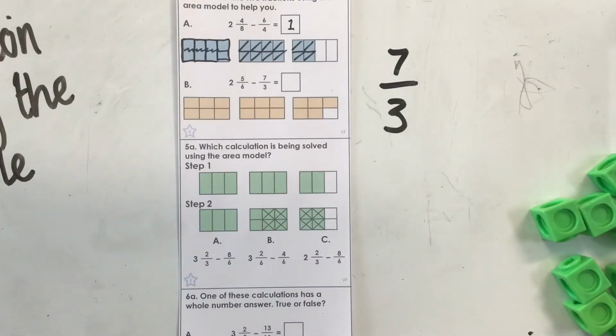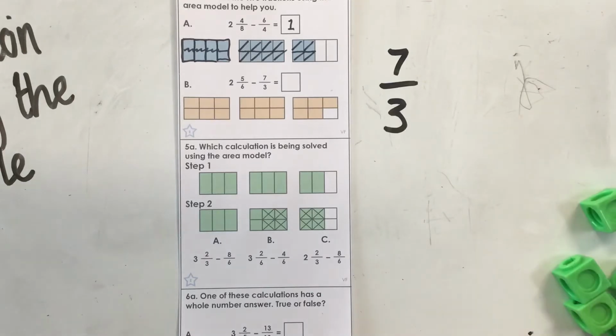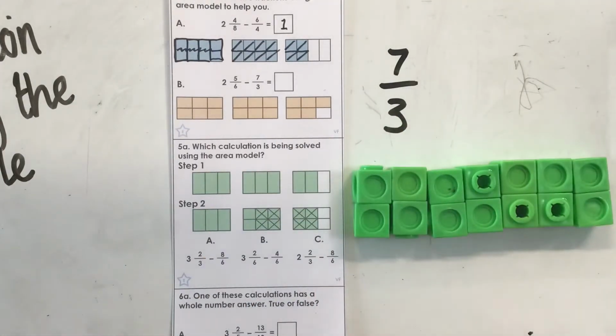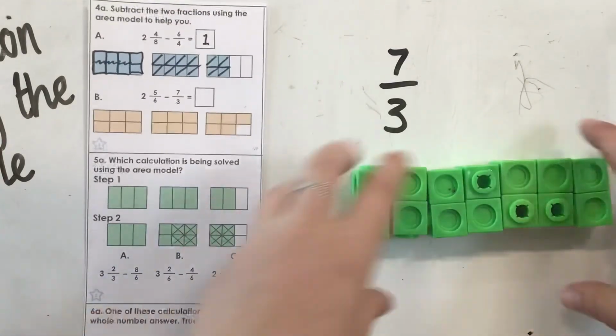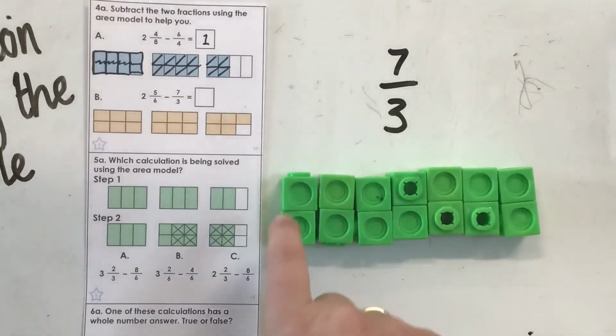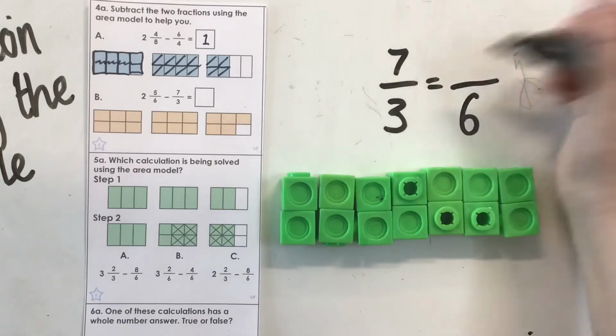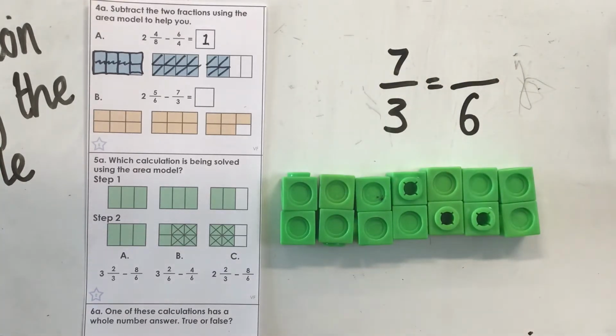Right. And if I had 7/3, I've got my 7/3 here, represented like that. Now, if we're dealing with 2 5/6, what do we need to do to our 7/3 to take it away from that mixed number? We need to convert it into sixths. So pause the video and convert it yourself, or carry on with me and I'll show you with the multi-link